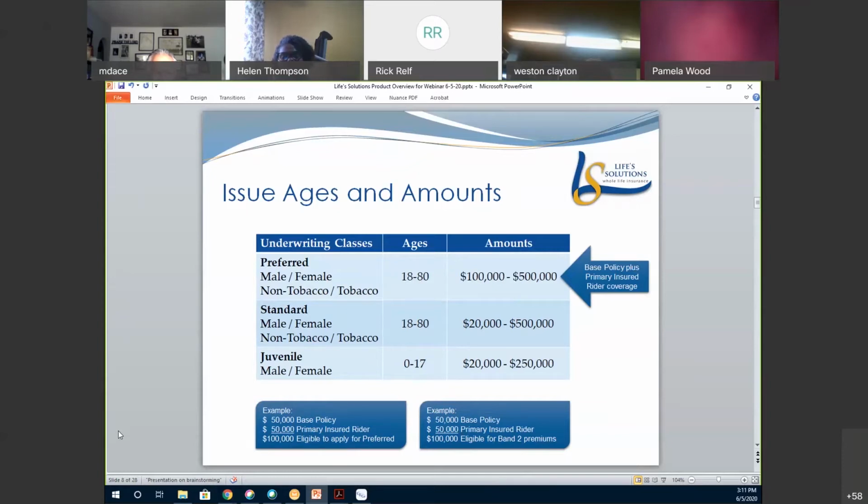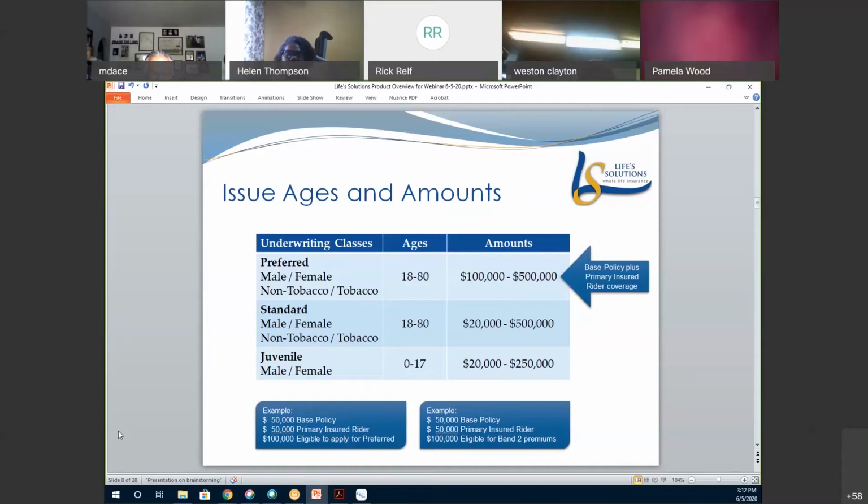You have standard class 18 to 80, excuse me, between 20,000 and 500,000. So, you know, for folks buying a lesser amount or someone whose health isn't quite good enough for preferred, you have an excellent opportunity still to sell them a good policy. Then we have juvenile from 0 to 17, which runs from 20 grand to